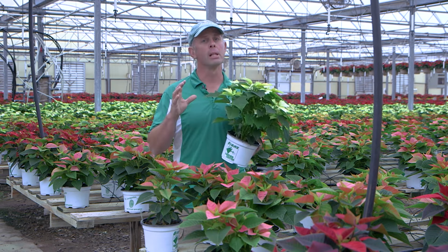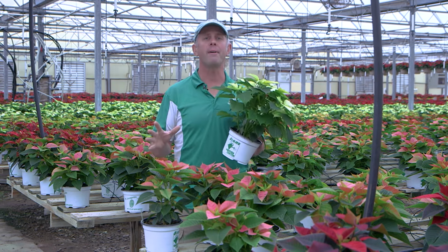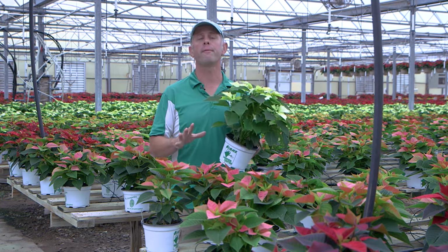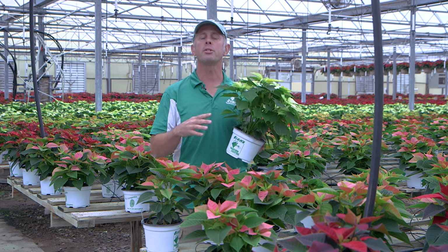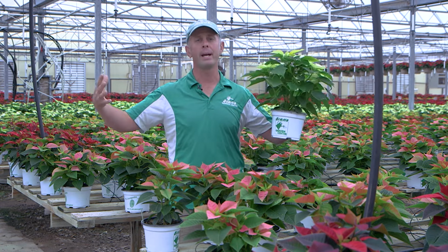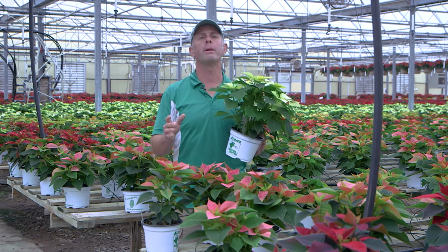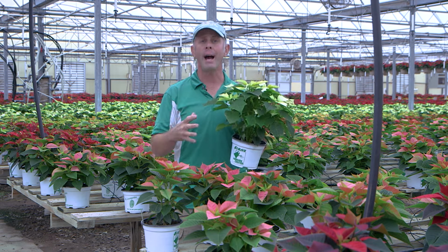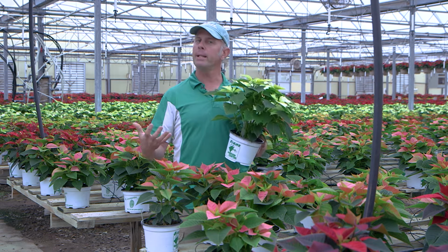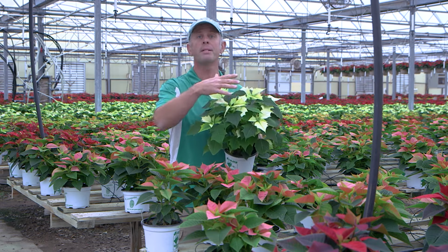This plant has come a long, long way. Technology is changing at an insanely fast rate: cell phones, TVs, everything, but the plants are no different. Back when Paul Eakey Sr. started working with the poinsettia, it was a very rambly plant, found on the roadside easily through Mexico, Central America, and it really wasn't a desirable plant like we have today. That being said, when that plant was finally refined, we had some old-fashioned varieties that became more desirable and had